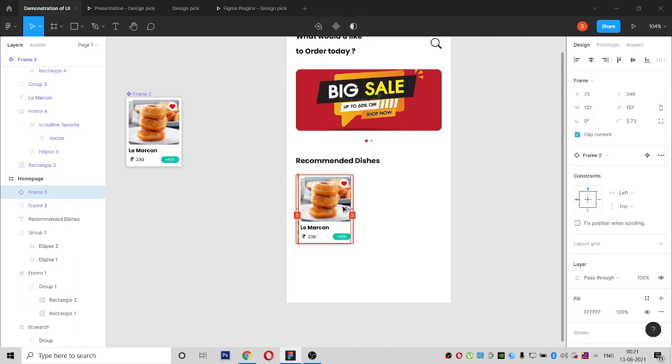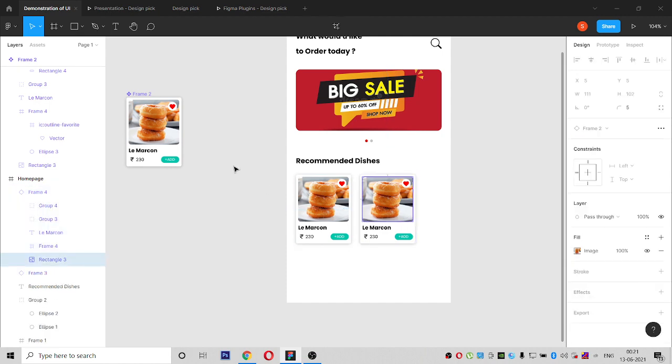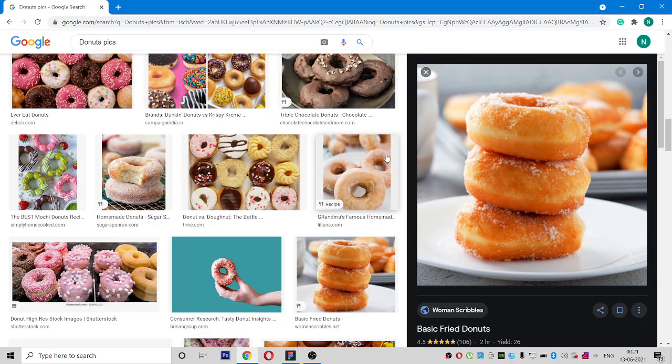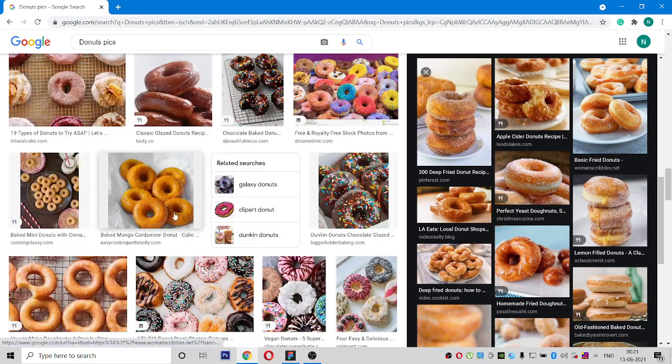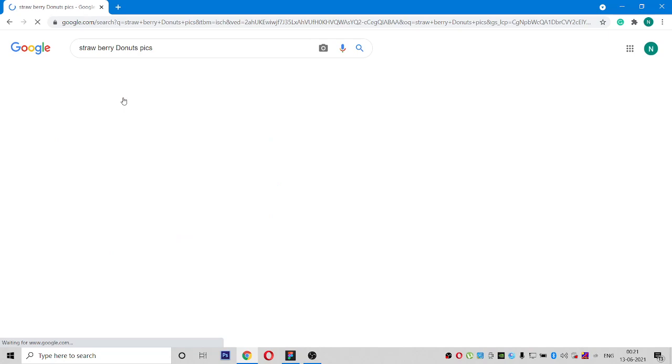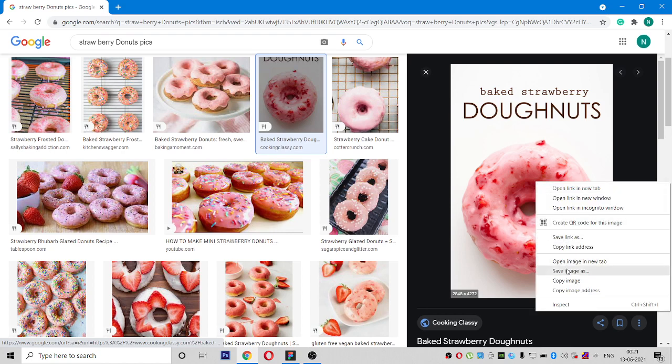And if we are replicating this, we can change the image. Everything is grouped. We have to search for single images. See, we can give this image strawberry donuts.